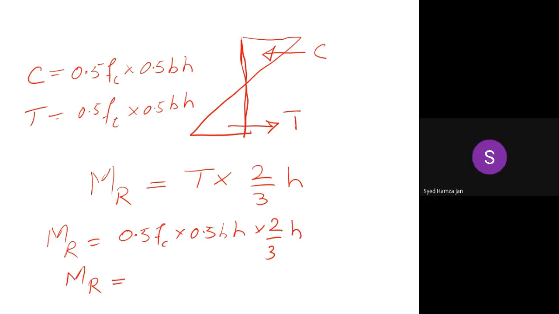वन बाय 6 FH²। बिल्कुल ठीक है, क्योंकि ये 1/2 होगा, दिस इज 1/2 एंड दिस इज आल्सो 1/2, तो ये 1/2 H2 के साथ कैंसिल हो जाएगा, और दूसरा 2 के साथ मल्टीप्लाई हो जाएगा, तो इससे 6 आ जाएगा, और ये होगा FT, B, H square डिवाइड बाई 6, करेक्ट? ठीक है जी। अच्छा ये FC नहीं है सॉरी, ये FT है, क्योंकि हम T लिख रहे हैं ना, तो ये आप करेक्ट करें, दिस इज FT, टेंशन।